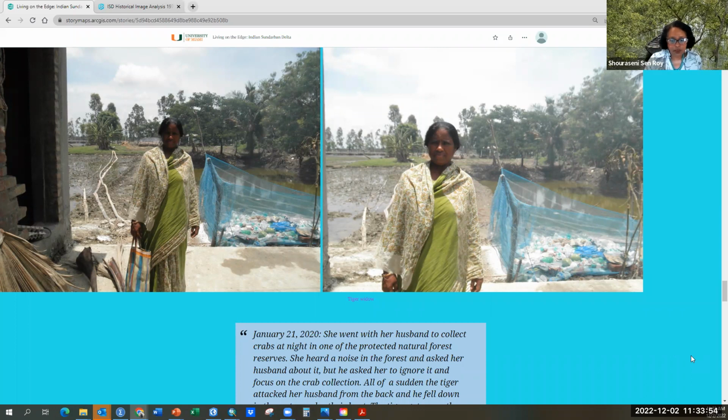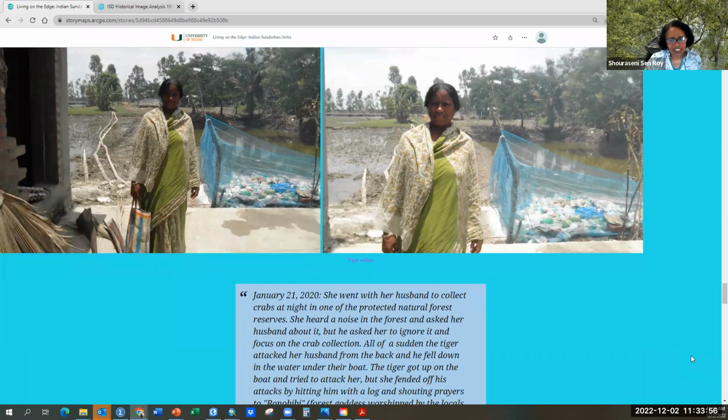Bono Bibi is worshipped by all communities, irrespective of whether they are Hindus or Muslims, the two main religions on these islands, and everybody worships that particular goddess. Bono Bibi is supposed to protect you from tiger attacks. She described how, when she went with her husband, they took a small boat to collect crabs at night.